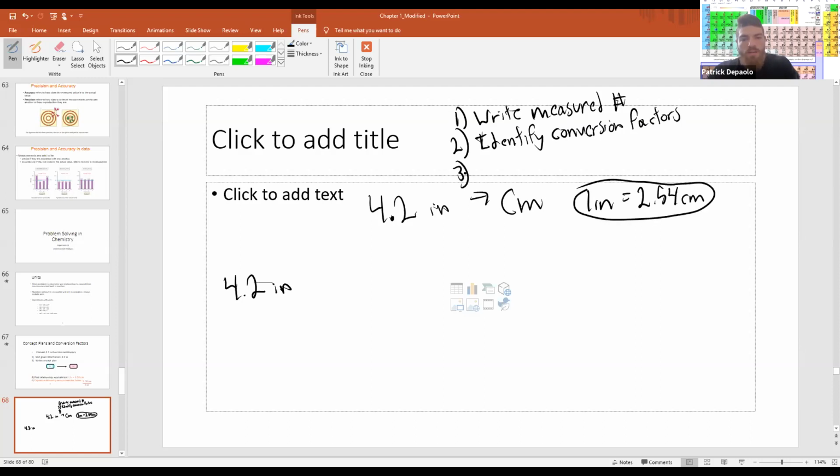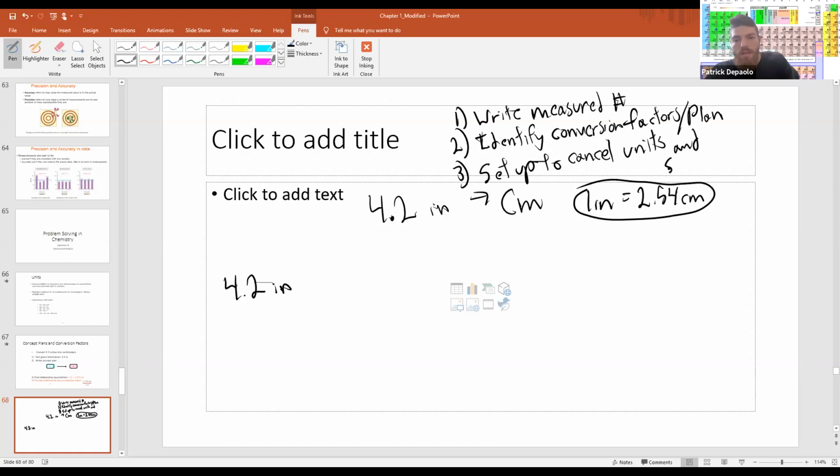Step 3 is factors. In this case, it's only 1. There might be more. Write a plan. So in this case, I'm taking the inches, directly converting them using this conversion factor to centimeters, and then I get my answer, centimeters. Sometimes you need to convert in 2 steps or more, which we'll do in the next example, but let's just do one at a time. Then you set them up to cancel units